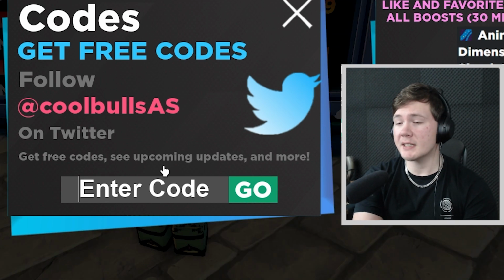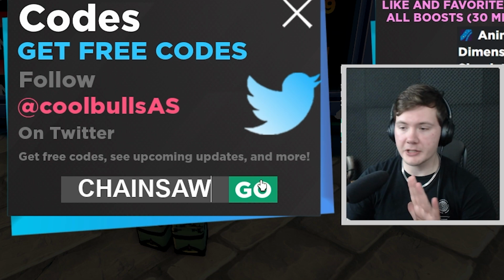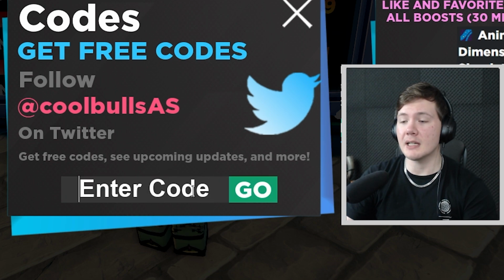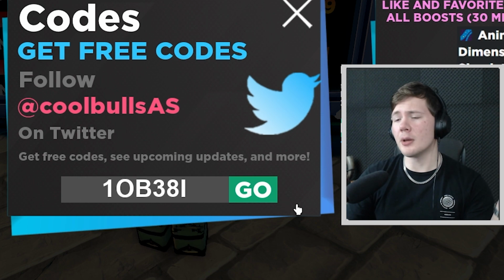Then next up is one that's not on the board actually, and it is Chainsaw. It's just straight up Chainsaw, no weird shenanigans with numbers. Just enter it like that and boom, you get a bunch of gems. That one gives you 100 gems, by the way. So the next one is on the board, and that one is